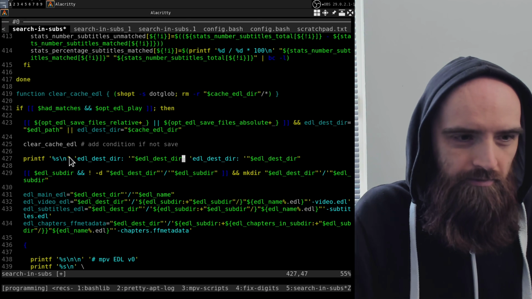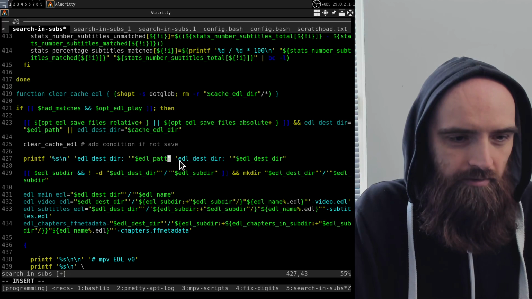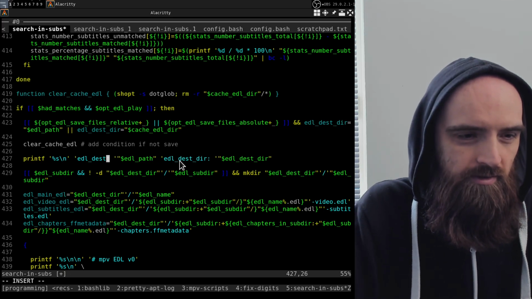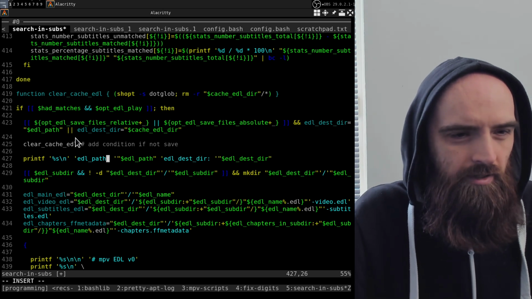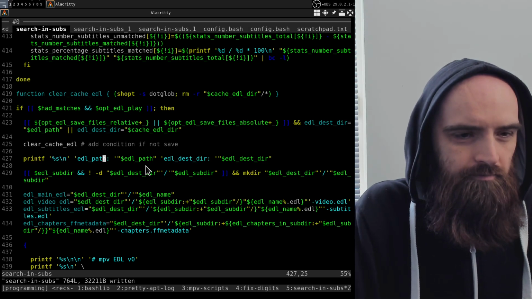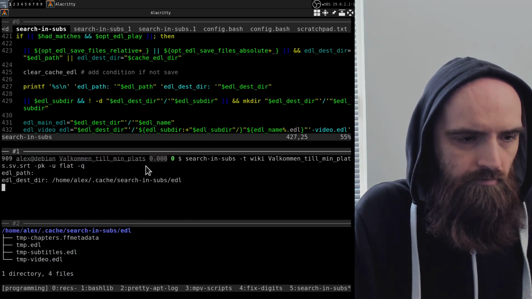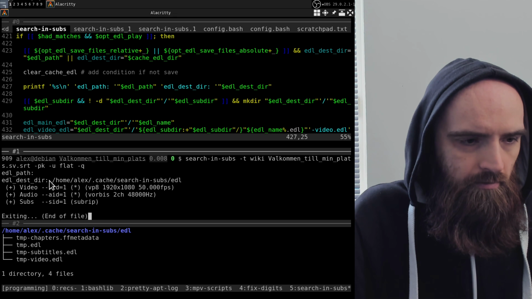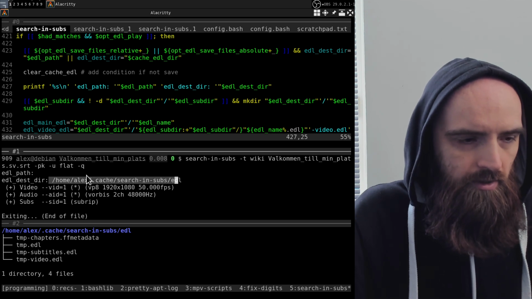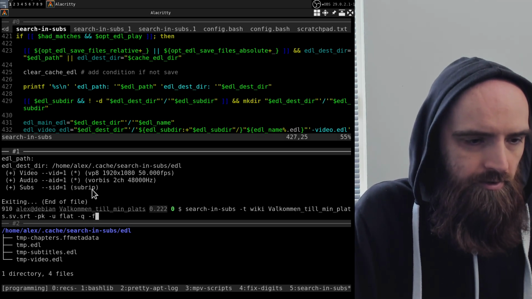Let me also test this edl-path variable. I also want to see what that gets set to. So right now I'm considering what's happening in this line. Let me see what happens now. Okay, so yes, edl-dir gets set to cache and edl-path is set to nothing. That makes sense. Now, if I pass -f,